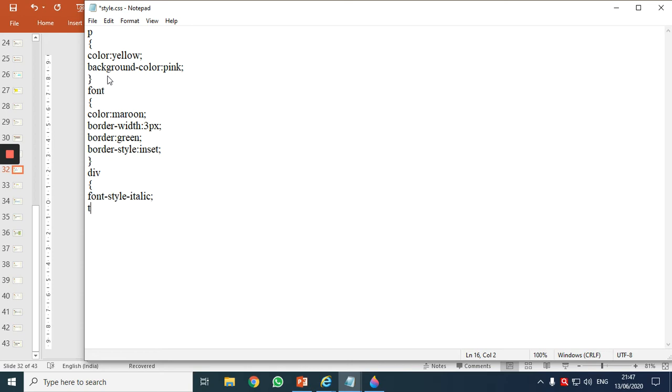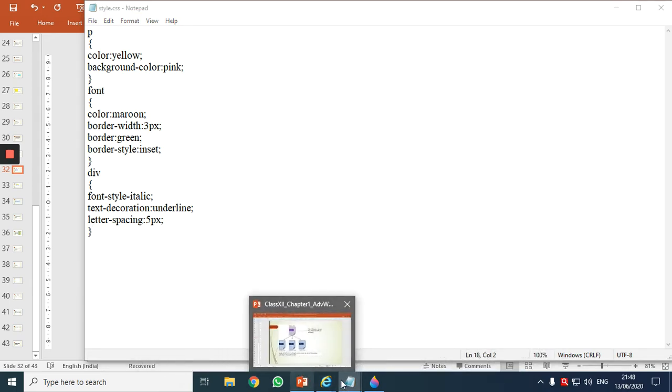Then I will decorate the text, and I will say text-decoration colon. We have the values as underline, overline. I will say underline, semicolon. I want to give spaces between each and every alphabet, each and every character. So the property is called letter-spacing. I want to give 5 pixels. Let's observe how much it is. And enough. Close. So I'll save the changes.